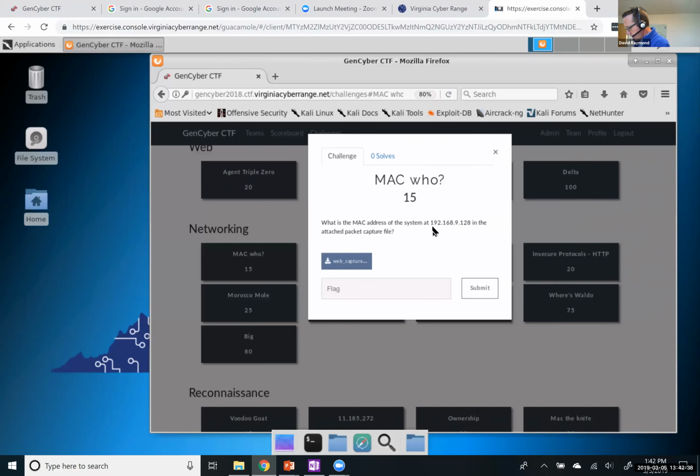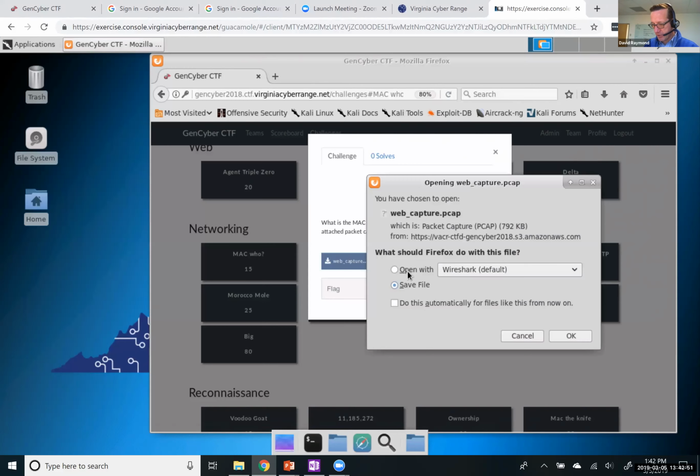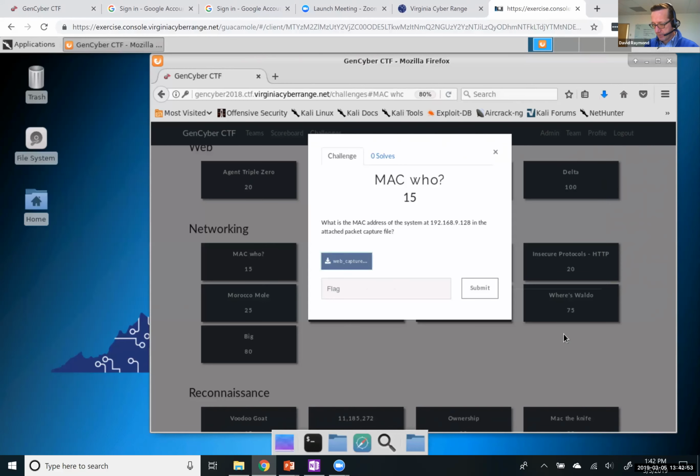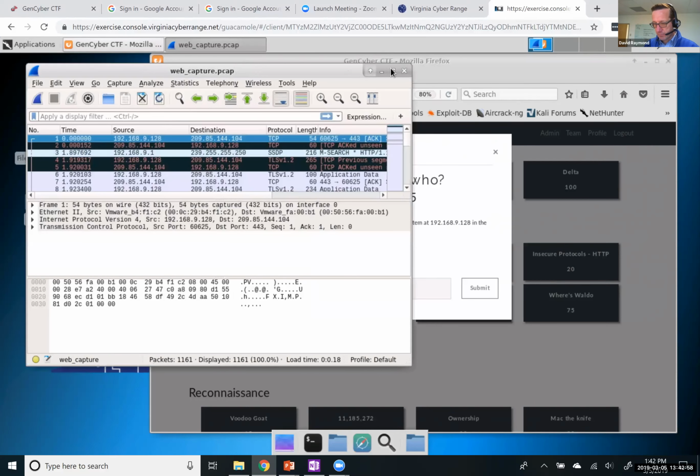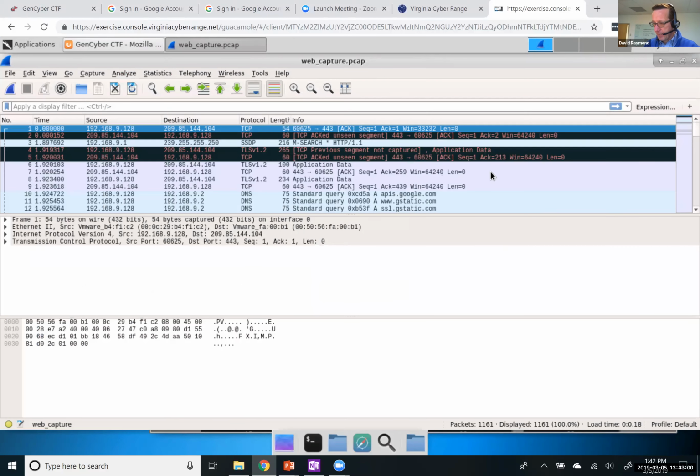192.168.9.128. And there's a packet capture, right? So lots of networking challenges have a packet capture associated with them. So I'm going to open that in Wireshark. And we see